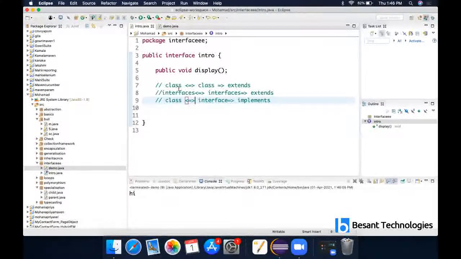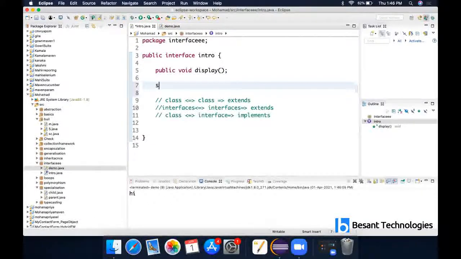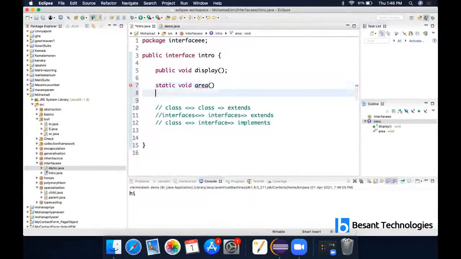Yes, we can try, but it involves certain code. First we tried with a normal method. If you try with a static method, static void area, this is what you have asked for.